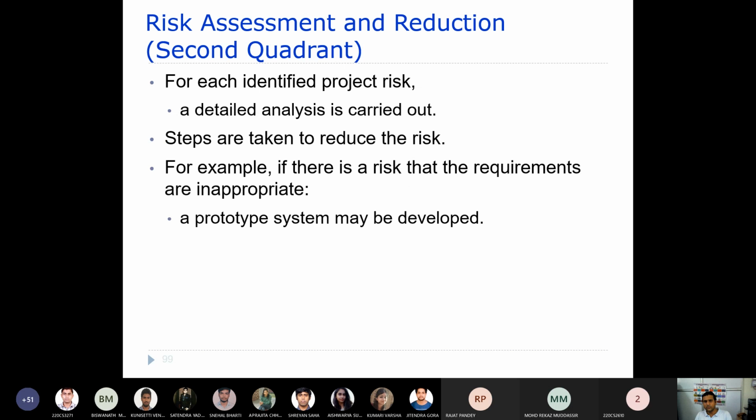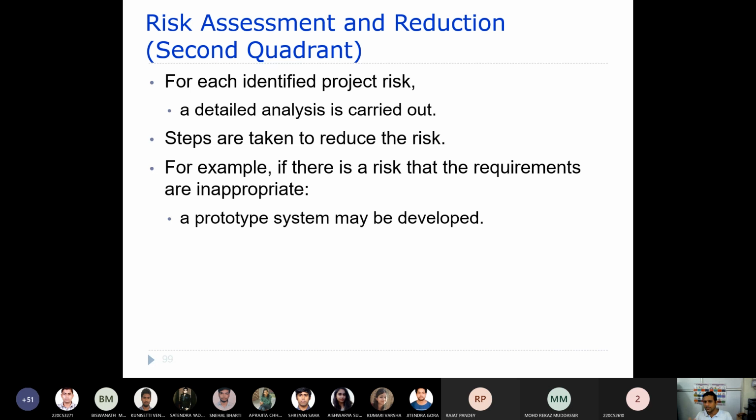And in the second quadrant, the project and the risks associated with each and every objective are analyzed in detail. We follow a certain number of steps to reduce those risks. For example, you may go through a prototype.